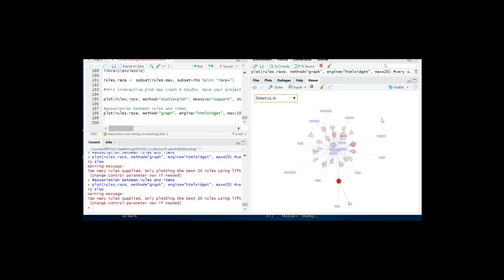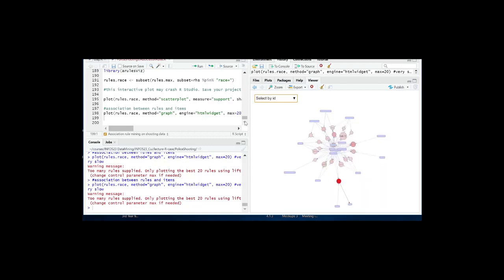So let's see. This lift is 1.44. This lift is 1.03. Okay. And the size of circle indicates the support. So this rule has a support 0.08. The smaller one should have a less support.